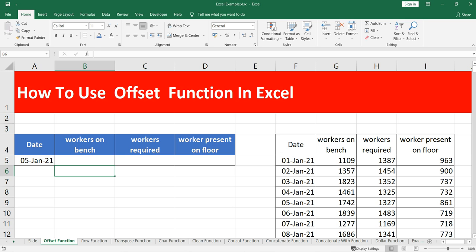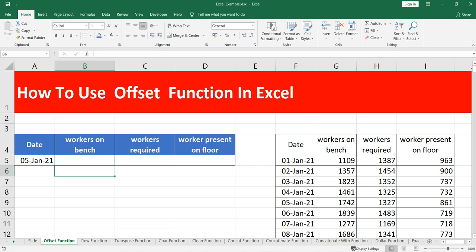As a worksheet function, the offset function can be entered as a part of a formula in a cell of a worksheet, or you can use it to make your pivot table dynamic, where you will set the range of the pivot table using this offset function, so that whenever the data gets refreshed and your rows increase in the raw data, you do not have to refresh the pivot table to get the updated data in that pivot table. And to understand the use of this offset function, let's consider a few simple examples here.